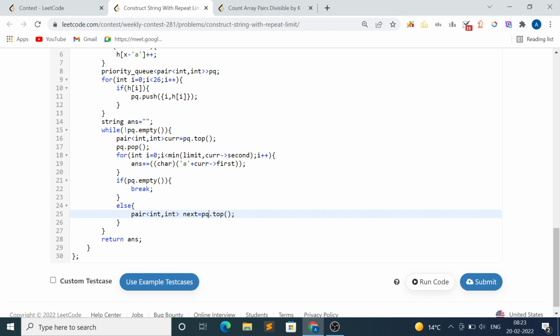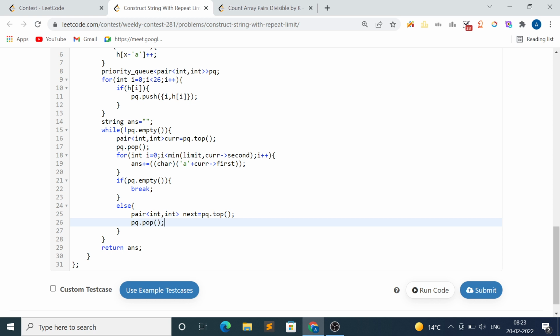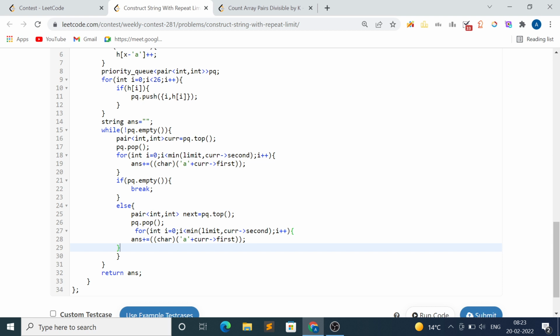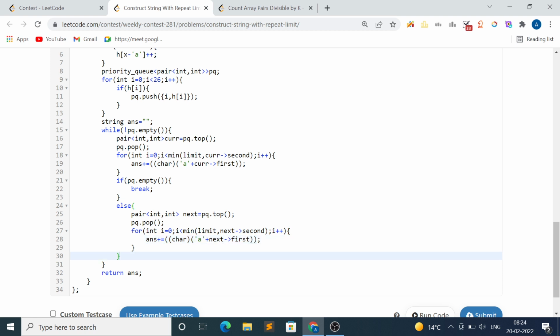int next equal to pq.top. For int i equal to 0, i less than minimum of, just copy this thing, Control C, Control V, i less than minimum of limit comma next->second, i++, next->first. Now if